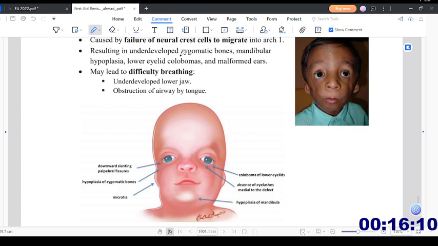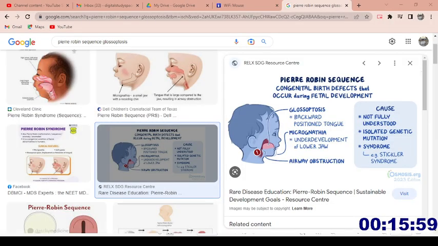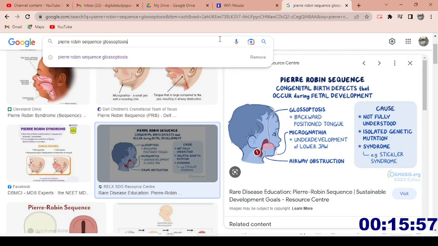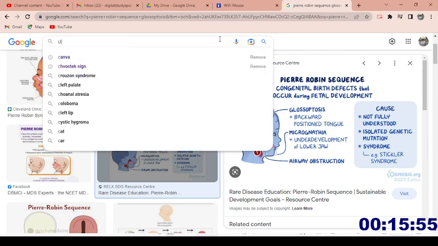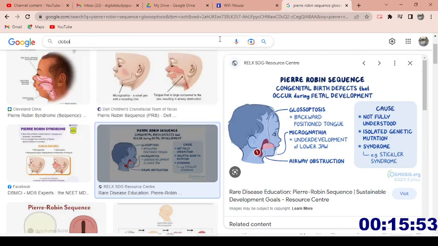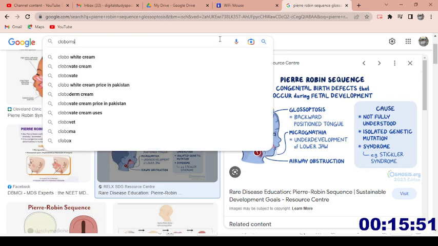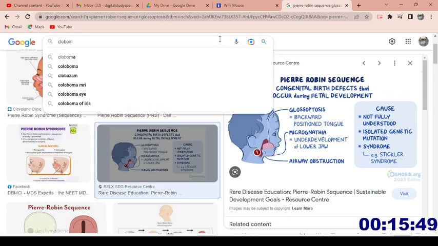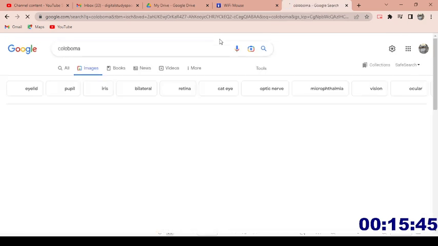Okay, so coloboma, what is coloboma? Let me see that. So coloboma means